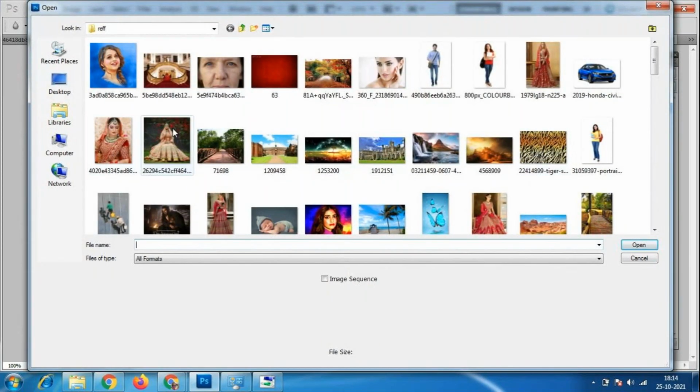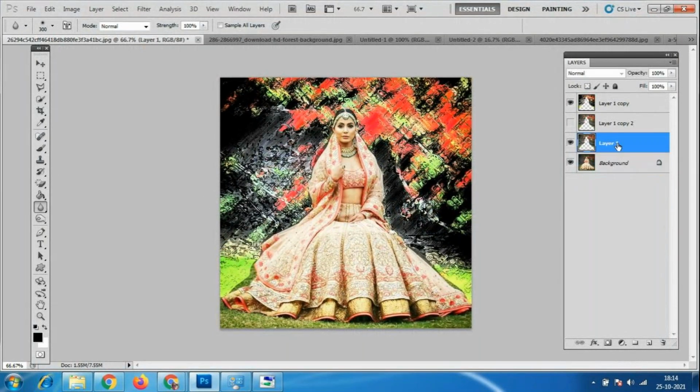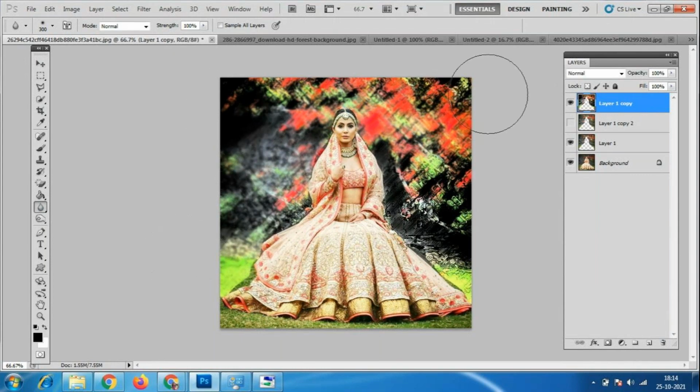Even with this tool we did it, so we have separated the background here. This background is separate now. So I'll select this background layer, and again I'll go to this blur tool and make it blur. The background is completely blurred with the effects.